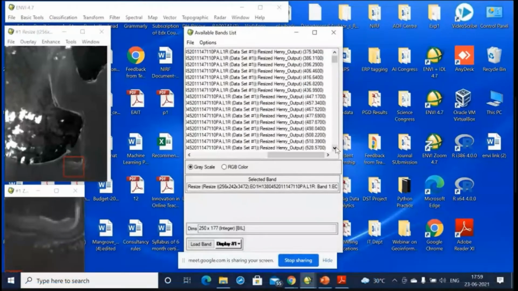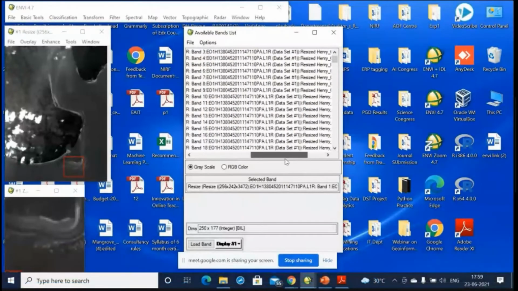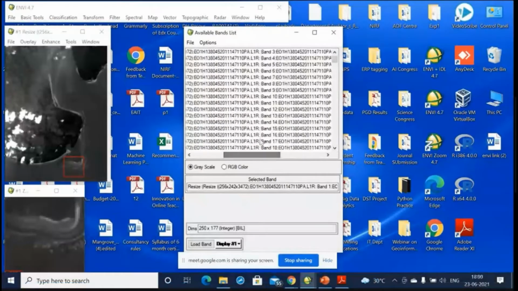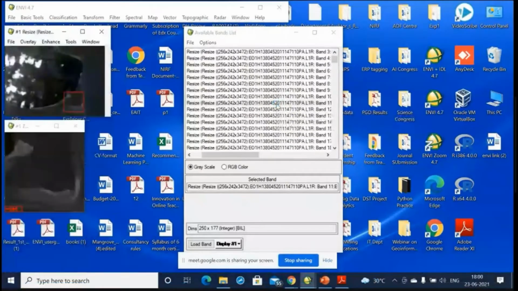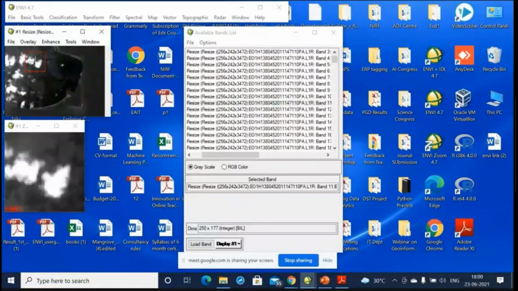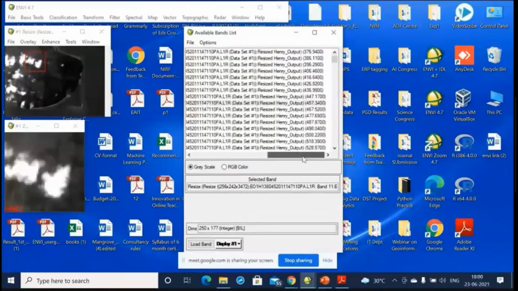Let me select band number 11, and on selecting band number 11, you can see that this is the resized image of Henry Island that we have got. Now, if you want to see what is here, you can explore the ENVI software, and you will be able to know the different features and functions of the software. So this is the resized image.